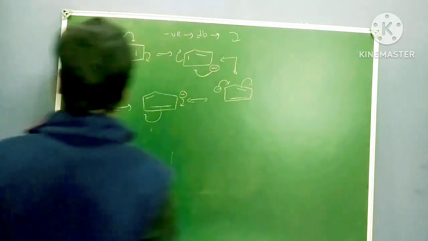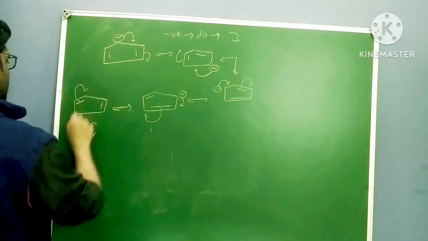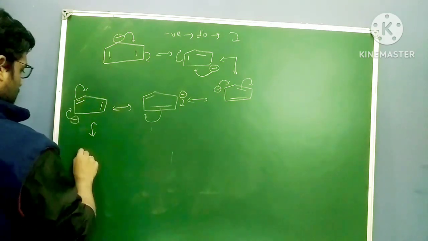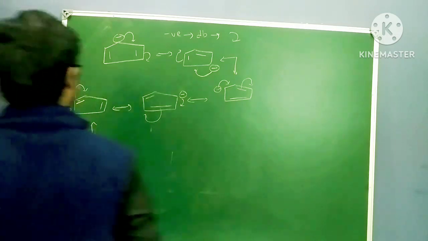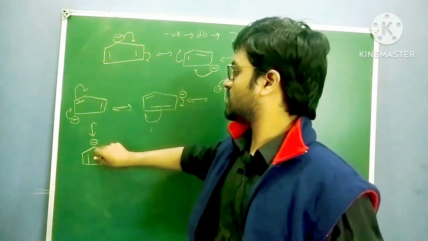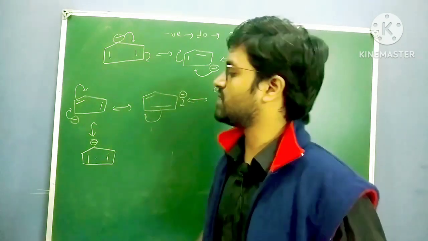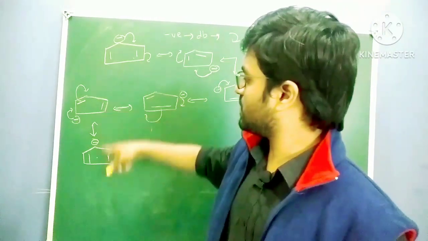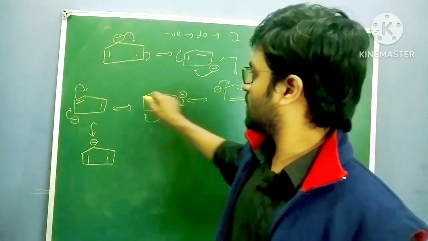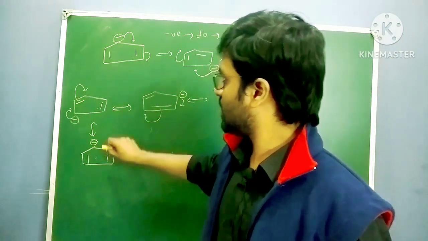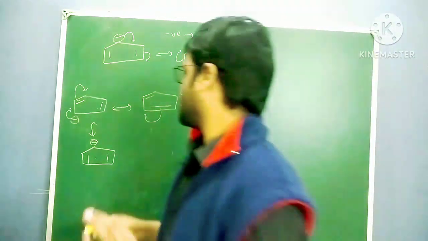Again last rotation, minus towards double bond, moving here, then I will get this structure, double bond minus. Look, this structure and this structure are now the same, right? Here there is a double bond, here a double bond, here a double bond, here a double bond. So this structure and this structure are the same, so you have to count only one. So 1 2 3 4 5, so totally 5 resonating structures.